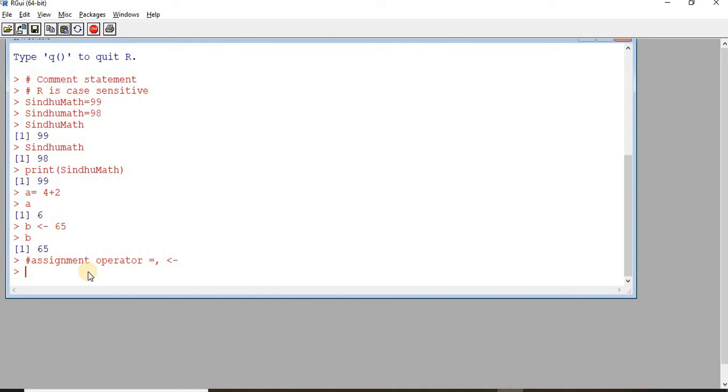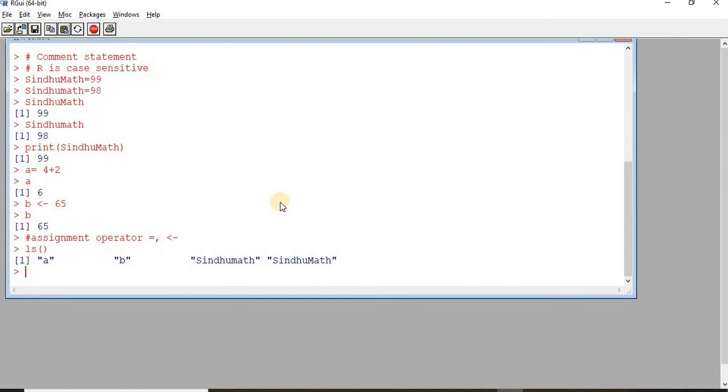The very next thing that I should be telling is ls, a function which is used to list all the objects that are created during the current R session. So far I have created 4 objects: A, B, Sindhu Math and Sindhu math.